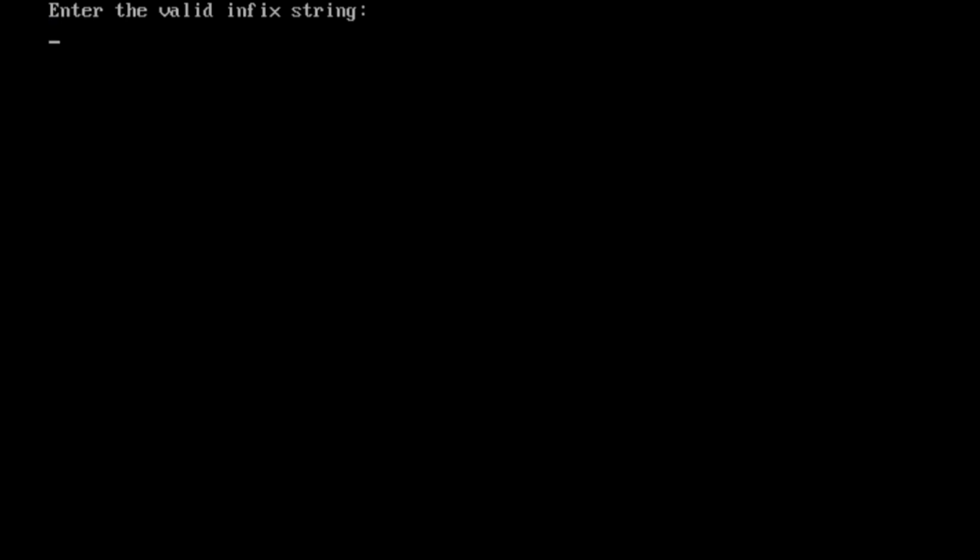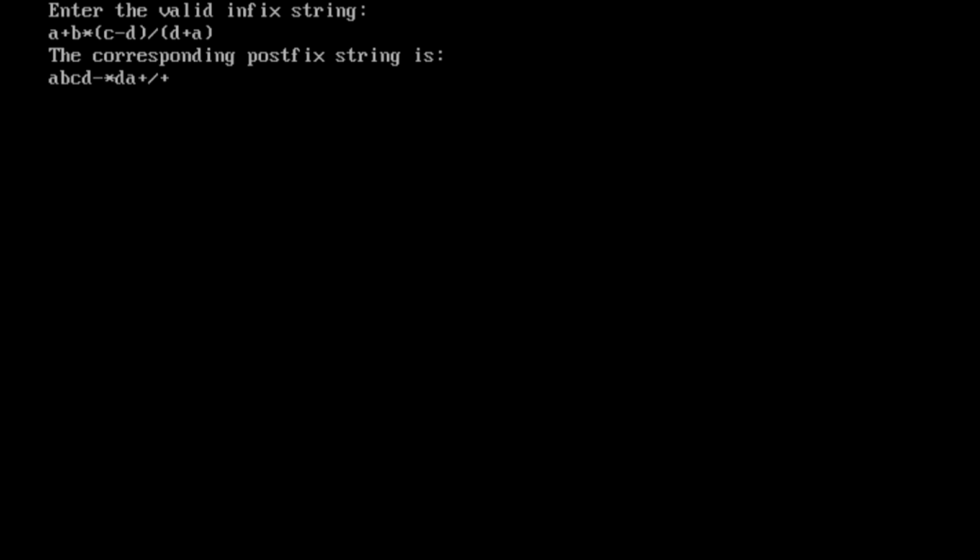Similarly, we will try for other kinds of inputs. So we will see A plus B star C minus D slash open bracket D plus A. This input expression given is converted as A B C D minus star D A plus slash plus.